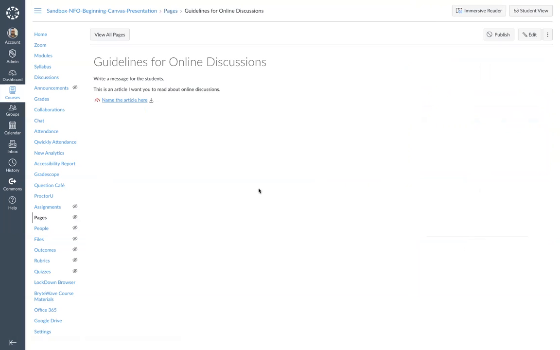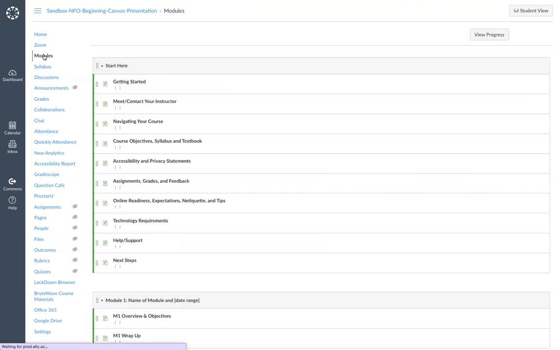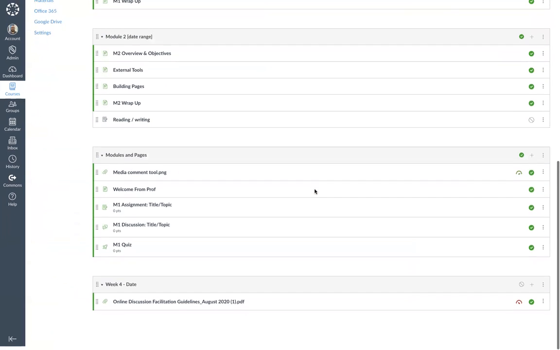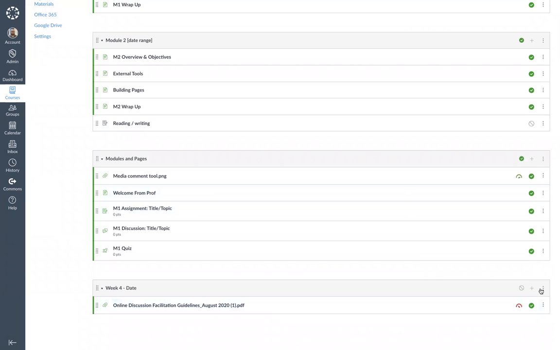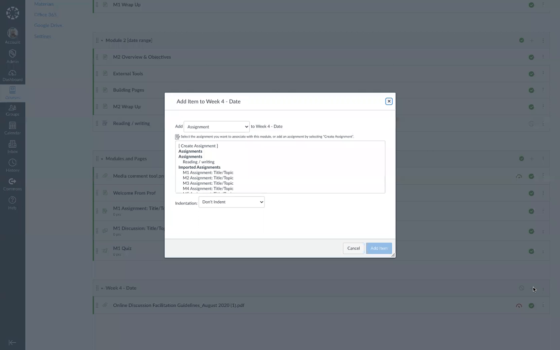Now the page looks like this. Later on, there's going to be other videos with regards to accessibility, and we will discuss all of these little icons here for accessibility. So this is what the page now looks like. I'm going to go over to my modules. I'm going to go back to the module, and I'm going to click on that plus sign. And this time I'm going to go to page because I want to add a page, right?